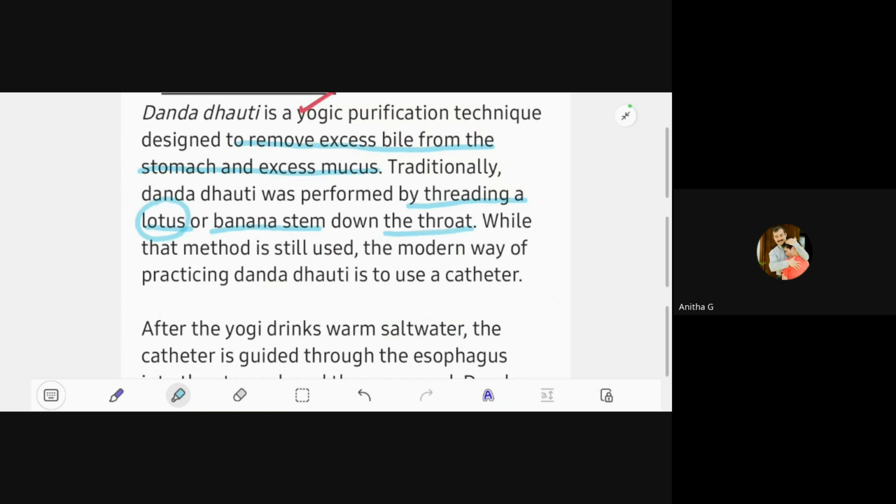In your shloka in Gheranda Samhita, three components are given: one is banana, second is turmeric, third is bans. Take those stems and make them soft. I told you how to prepare that. Nowadays the catheter is in use. It is exactly like the catheter we use for rubber neti or sutra neti. The common way we can do it nowadays is with a catheter.